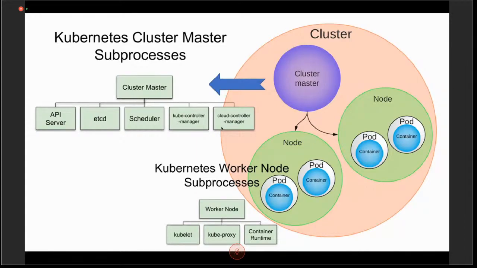And API server is primarily the server which acts as the interfacing point for any command that you give via kubectl, or via UI, wherever you give that command, it takes it to the node or the pod or the corresponding worker node for the execution, wherein the kubelet, the kube proxy and the container runtime are the sub-processes on the node level.